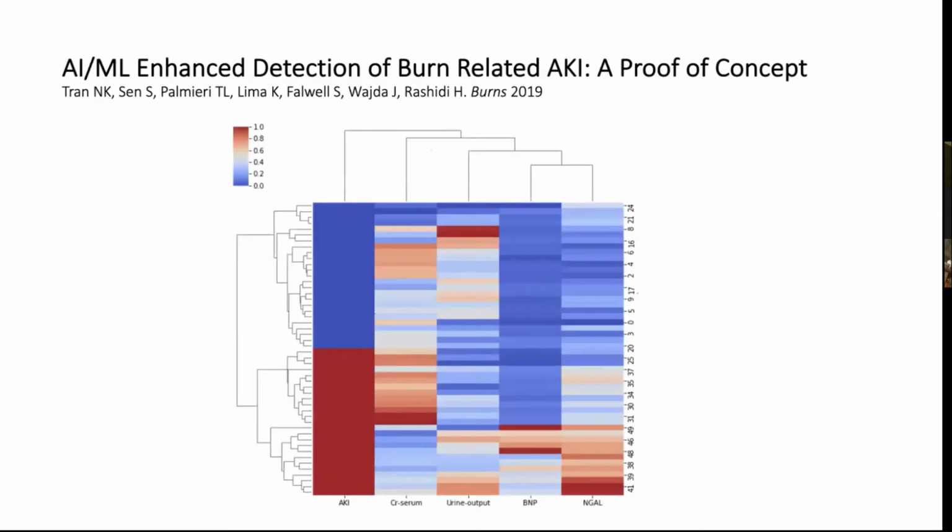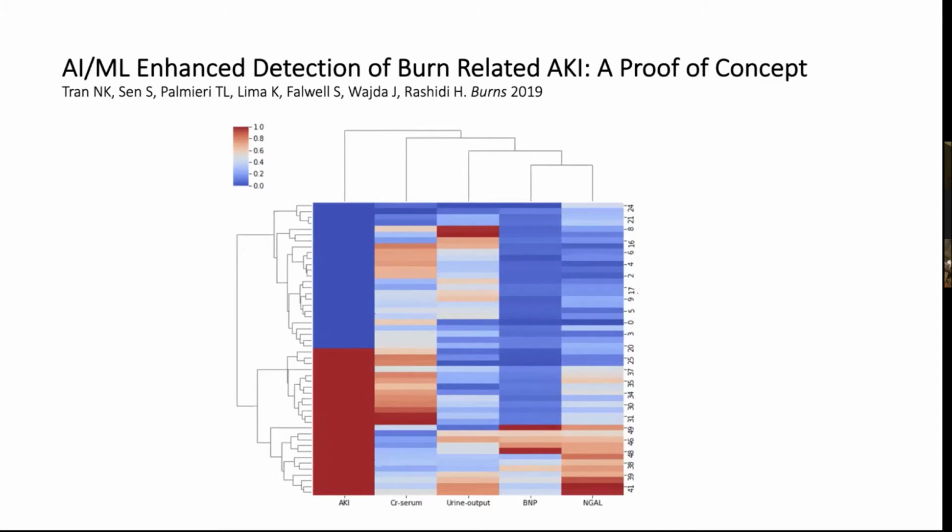And the reason for that was, if you don't even do machine learning, so this is no machine learning, just splitting up where the acute kidney injury patients versus no acute kidney injury patients lie within these biomarkers, you notice with creatinine you have some variability, urine output you have a bunch of variability, and BNP not as much variability, and that's for the cardiorenal function that you see with acute kidney injury. But NGAL looks pretty clean, though it still has some no-AKI cases built in. So by itself, as a statistical modeling approach, it may not be the best approach because you still will miss certain people.